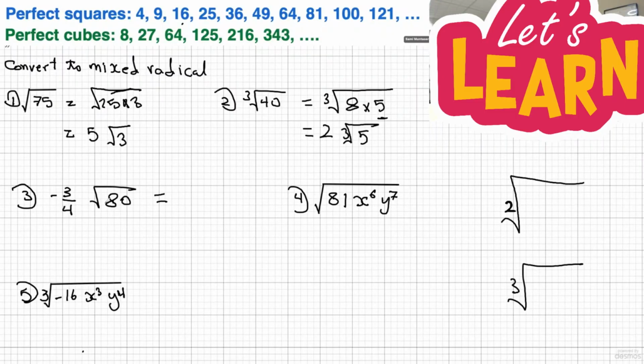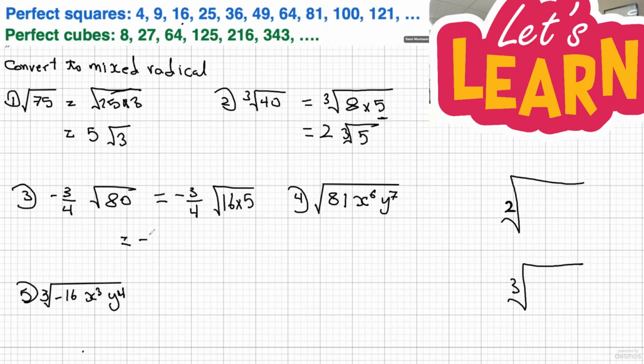I mean, you could go, okay, right away I could see 4 is a perfect square that goes into 80. You could do that, but if you do the 4, then you'll have to do this again because that's not the largest perfect square that goes into 80. The largest perfect square that goes into 80, I think it's 16 times 5, isn't it? So now I could change this into -3/4, and the 80, I could change that to 16 times 5,